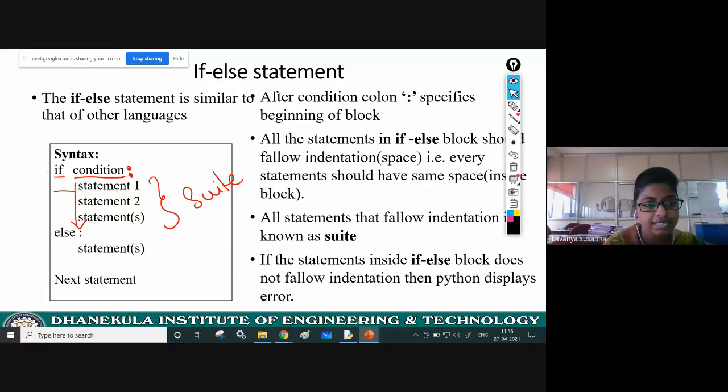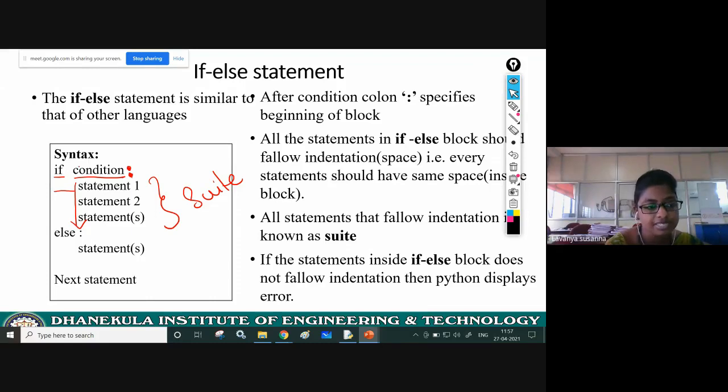Once again, the keyword if, space, condition, with no brackets here. In C language there are brackets, but in Python there is no need to give brackets. If, space, condition and then colon; this colon represents the starting of the if block. After that, you need to give indentation, some space. All the statements in the if block must have some space.